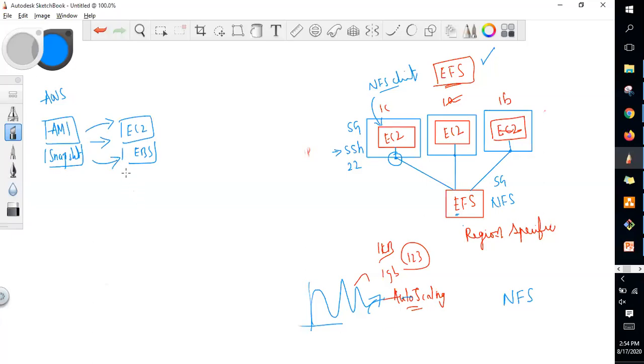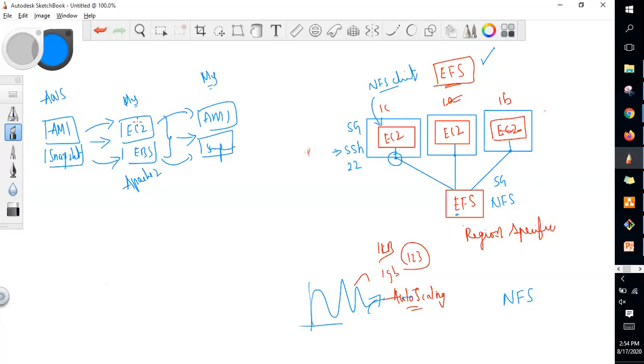So I have got an EC2 instance from the AMI and an EBS volume from the snapshot. Once I create the EC2 instance and the volume, I install a small web server called Apache. I take an image of it and get an AMI from the EC2 instance, and a snapshot from the EBS volume, but I own them.